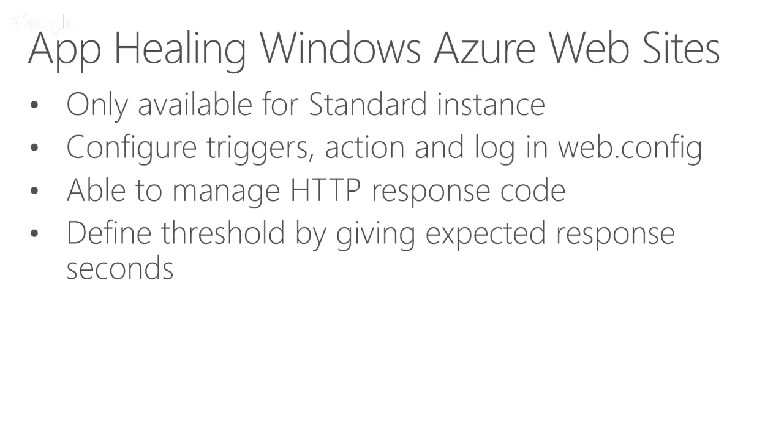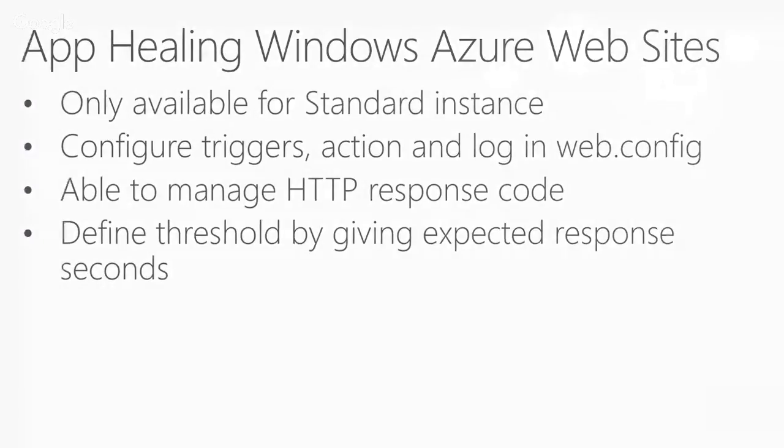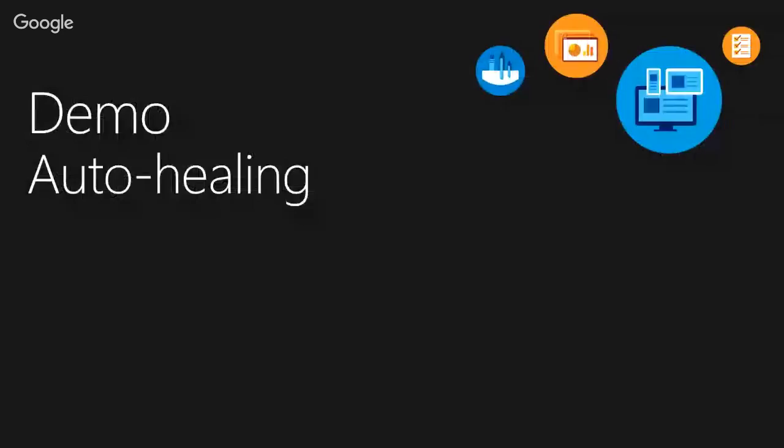You're also able to manage the HTTP response codes. For example, if it's HTTP 500, it means it's a timeout, and for a timeout you can do specific logging if you want to, right? All these are given to you in the system. And then, of course, you can set the threshold. The threshold can go by the amount of memory used as well as the response times, right? So I'll give you a short demo of how I can modify my apps to support this.